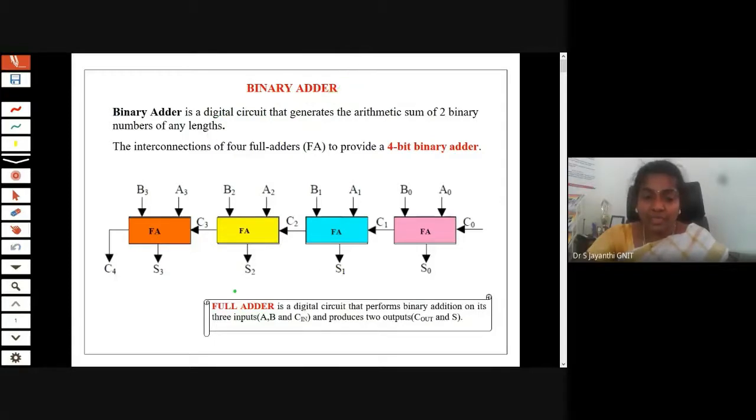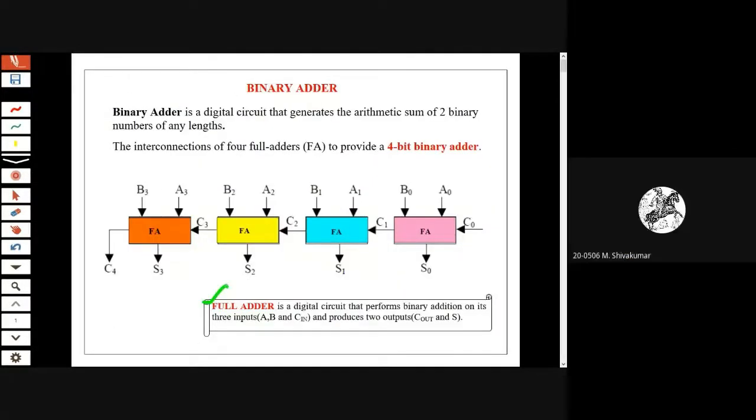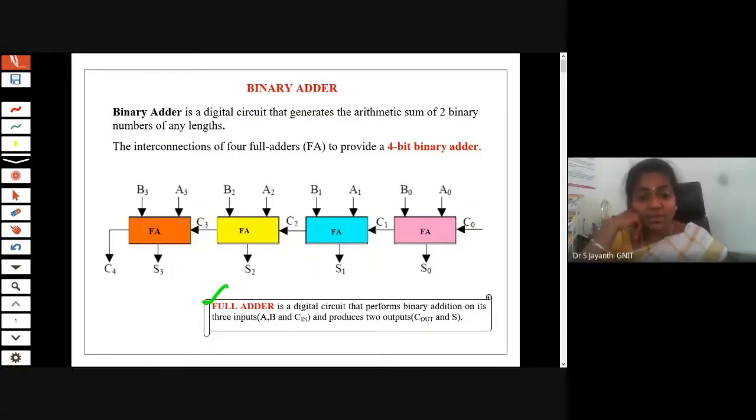Have you studied about full adder, half adder, these things, combinational circuits? Do you know the terms full adder and half adder from Polytechnic? Either you are already familiar with those terms or not. I think you might have studied these things, right? Yes, very good. No problem even if you don't know.